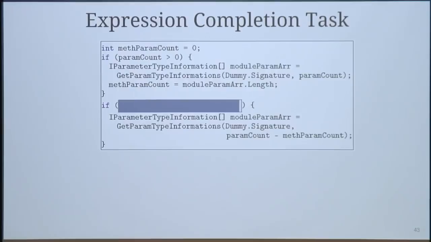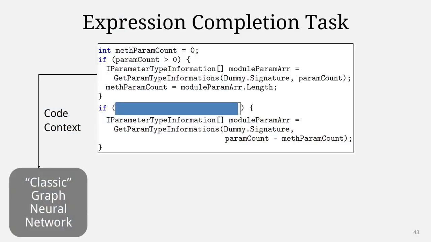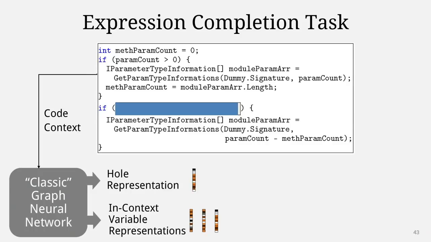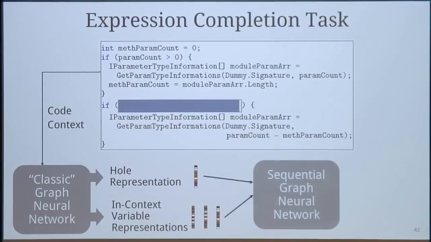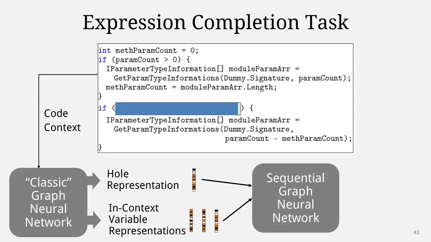So the principle, now that you saw the encoding, is relatively straightforward. You're saying, let's take this context and encode it using a graph neural network. After we encode it, we get some representation at the whole node. This is going to be a vector from which we start generating our program, and representations of variables around it. And that we will pass to a sequential generation procedure that is going to give us the generated code, like